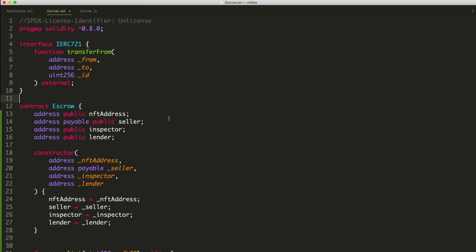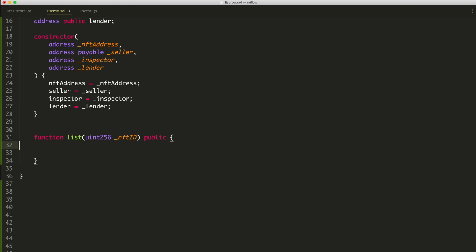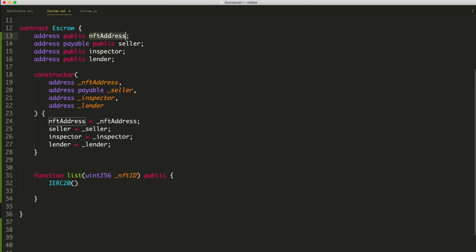So what we can do is basically say ERC 20, all right? And then we can pass in this NFT address, right? And now what this is going to let us do is get a version of this NFT inside of our project where we can call the functions, in this case, the transfer from function. All right, we can actually call the transfer from function on our NFT because we have the address and the interface, all right? And then we can pass in